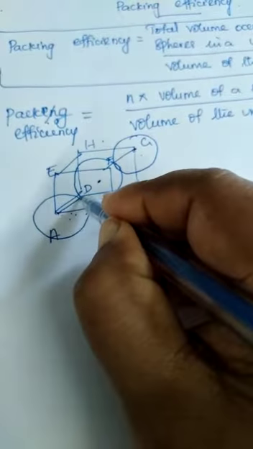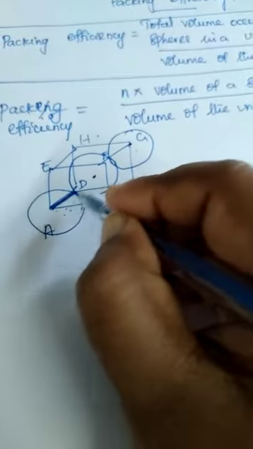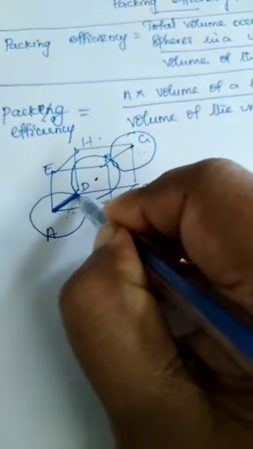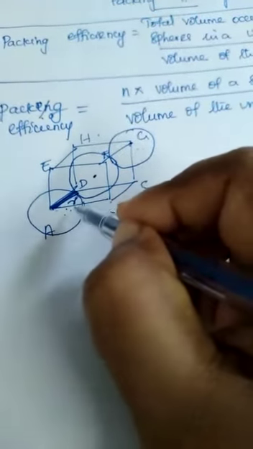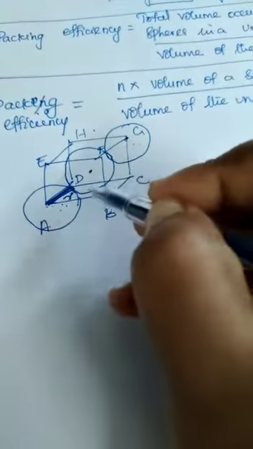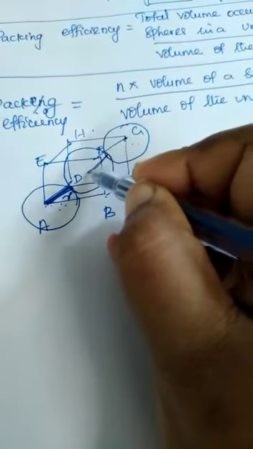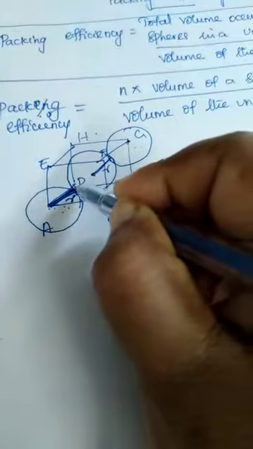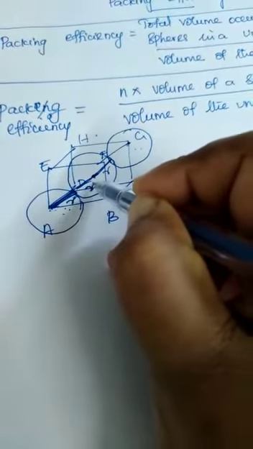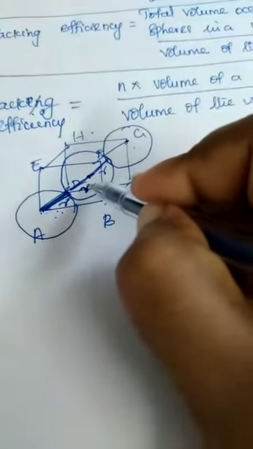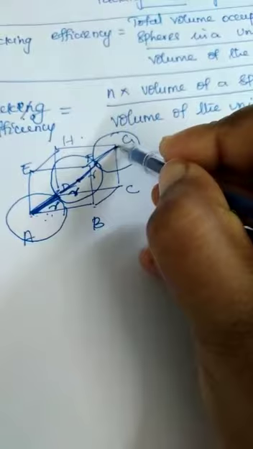So from the center to the outer, this is not the edge, I am just drawing this to represent the radius. So I am writing the radius of this A is said to be R, center to the outermost. Come to this, the whole atom is there, so its radius will be, this is R and this is R. So 2R for this center atom, and come to G where the half is said to be R.